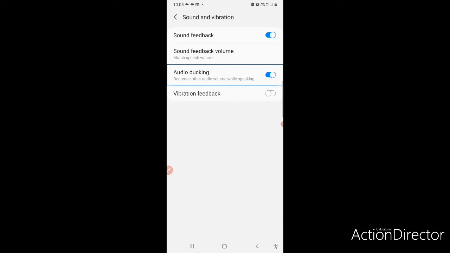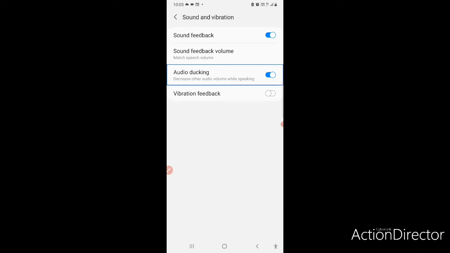You will be able to hear TalkBack's sound over the normal sound, or say, over the system sound. That helps you to navigate through your phone easily.